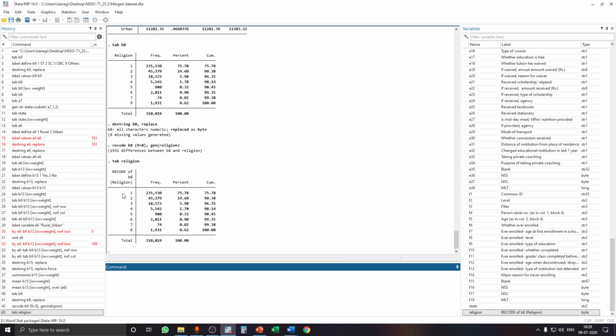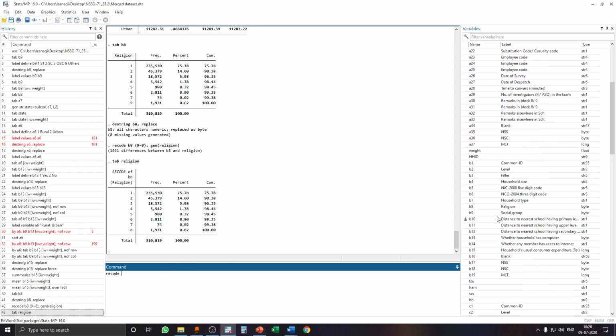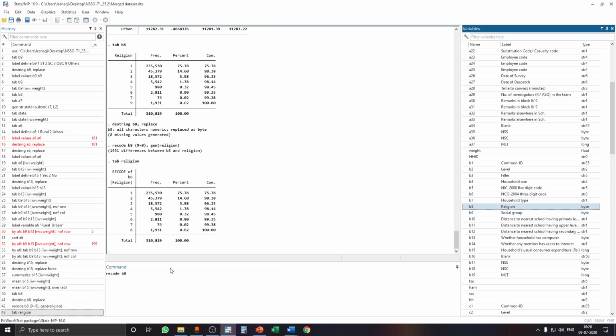So we want to check Hindu, Muslim, and all the remaining as others. So what is the process? We are again going to recode it. So recode. Our original variable for religion was b8, so we are going to choose b8